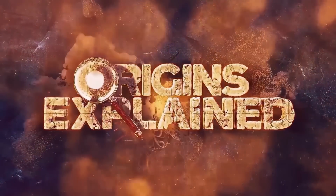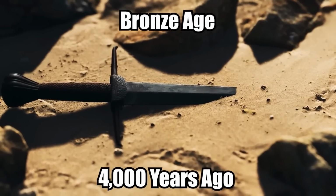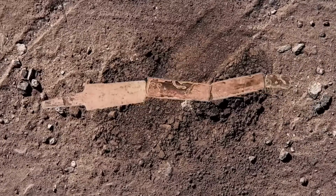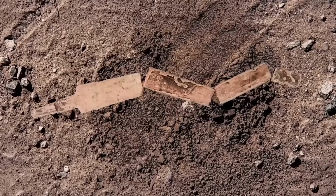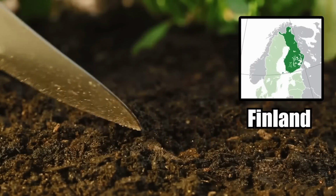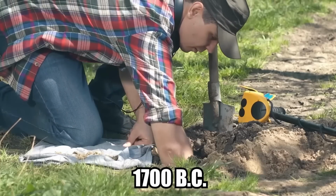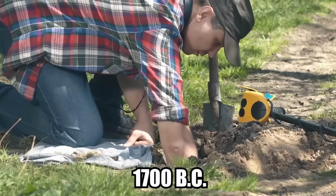Ancient mystery sword. 4,000 years ago in the Bronze Age, somebody lost their sword. It got covered over in dirt, slowly decayed and broke into fragments, and nobody saw it again until recently, when a man in Finland found it in his parents' back garden. The sword dates back to 1700 BC and was pulled piece by piece out of the backyard by a man